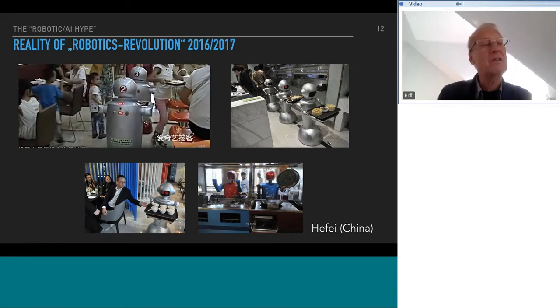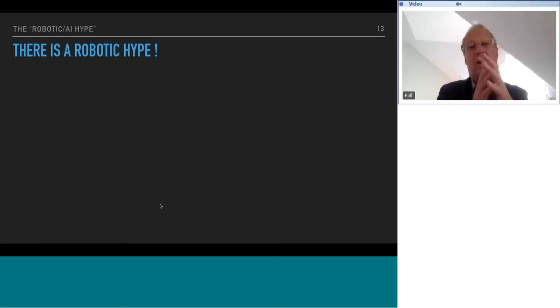So in a sense, I think they are tin cans on wheels, and the human personnel has to put the dishes onto the trays. They then go to the table, what you can see in the lower left here, and the customers have to take their dishes from the trays. Now, because of this very limited functionality, some of these robot restaurants have already been closed, and others just got rid of the robots because they basically have very little functionality.